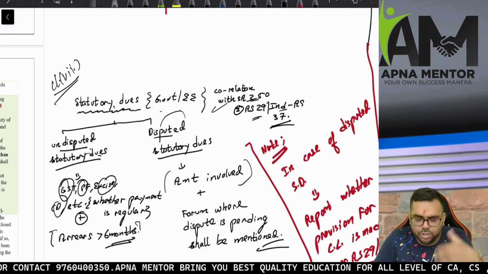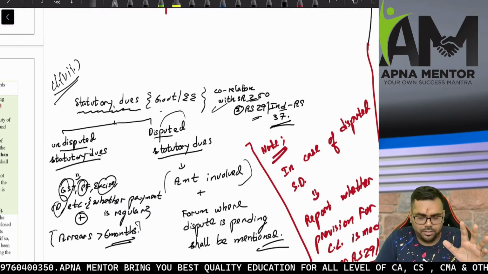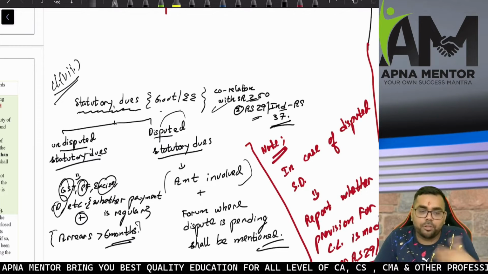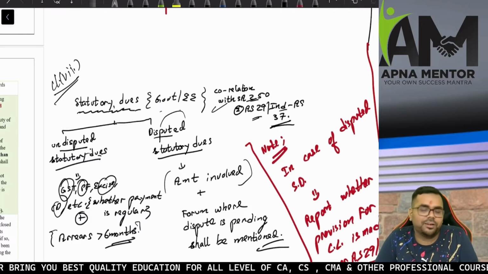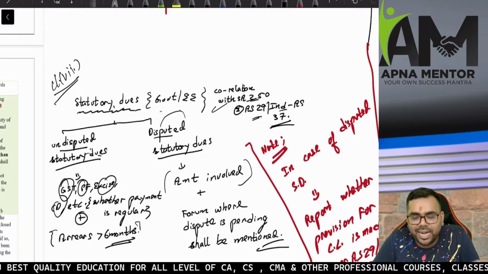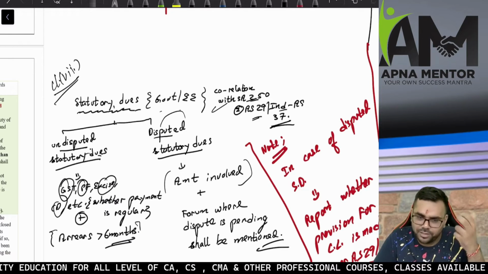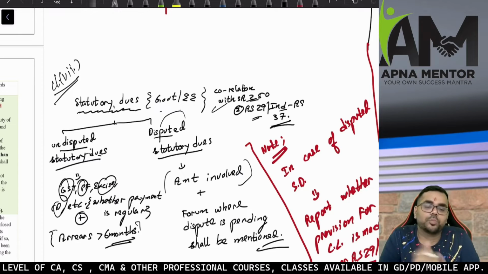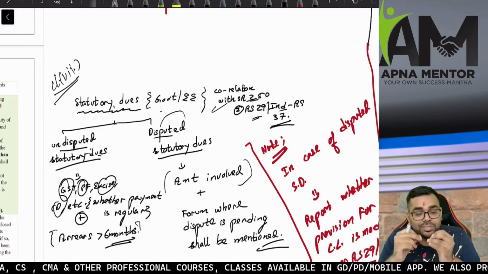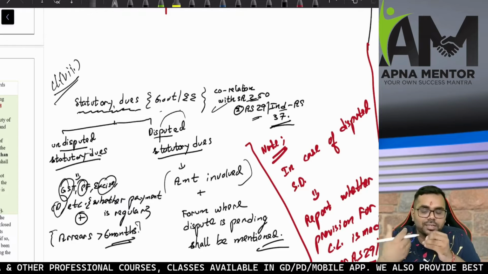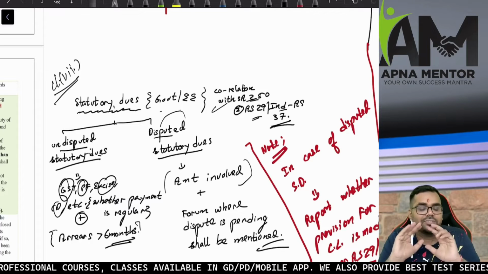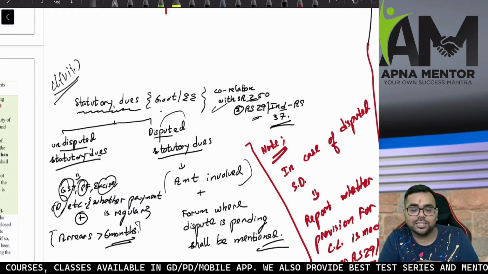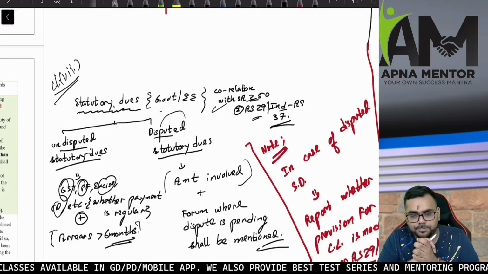So all the different sorts of taxes. Right. If we talk about employee related dues, it can be provident fund, ESI, gratuity, superannuation funds, all those different things. So these are the statutory dues that the company is legally supposed to pay to the government or employees. Now clause 7 talks about reporting of statutory dues, whether towards the government or employees, and that is further categorized into undisputed statutory dues and disputed statutory dues.